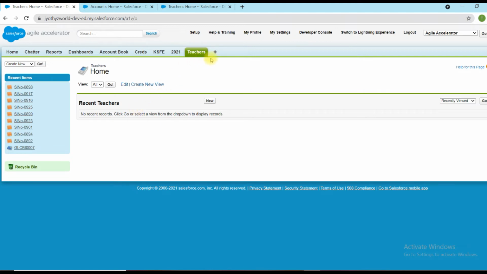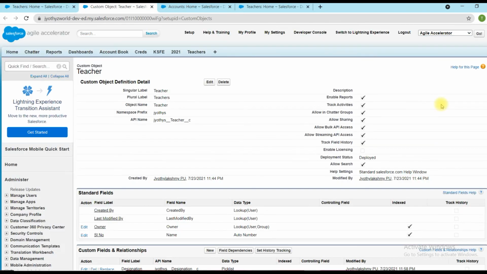Then going to the next object. What is that? That should be student. So here we have to go to the corresponding object. We are standing on the teachers tab, so we can get the teachers object from here. View. Go to setup.